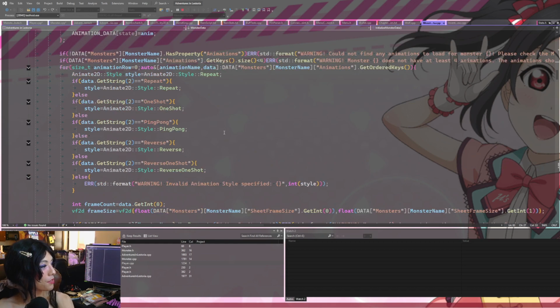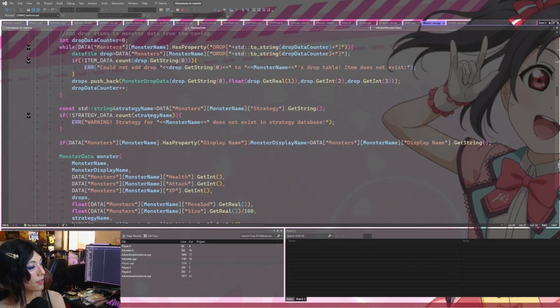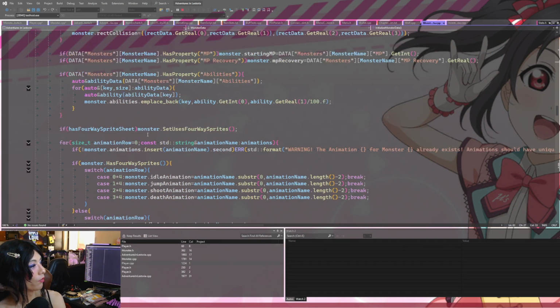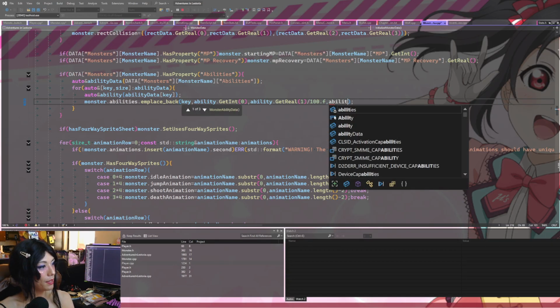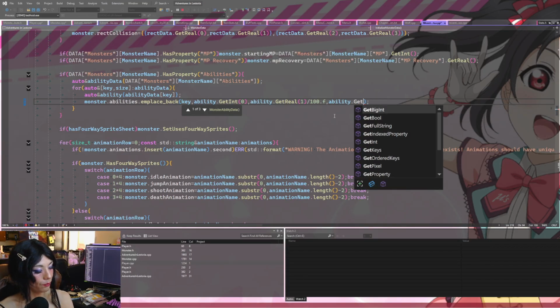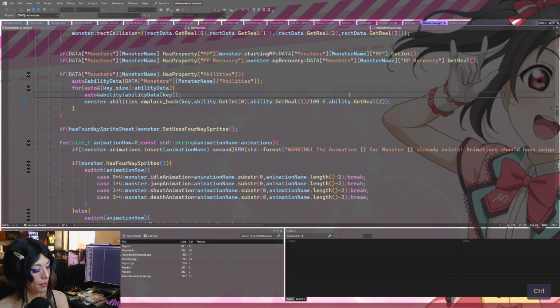So we go back to monsterdata.cpp, and under the place where we load in the ability data, we're now going to look for one more thing, which is the second key, and it should be a real value, and it should be the second index, and that will give us the cast time. Now, if we really want to,